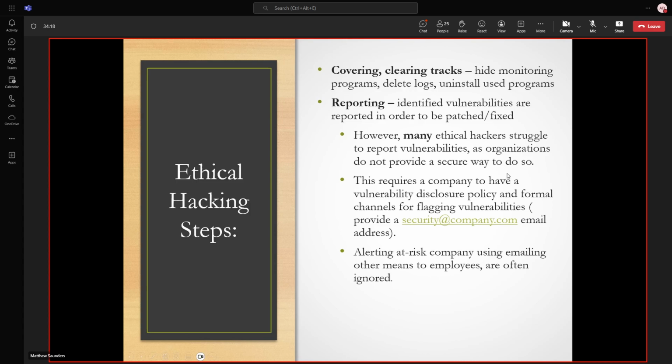So many ethical hackers, if you're being paid to do it, they're expecting a report. Some ethical hackers are looking for bounties. So they're not being asked to do something. They're just studying something and they're hoping that they get a reward for it. Often that is not met with positive results. The culture on that is changing a little bit.